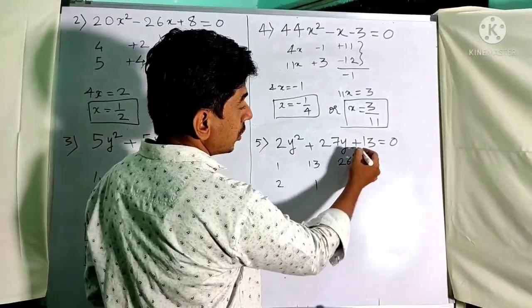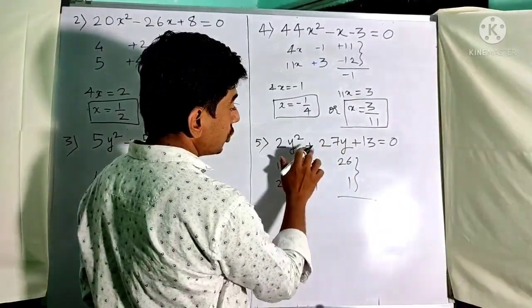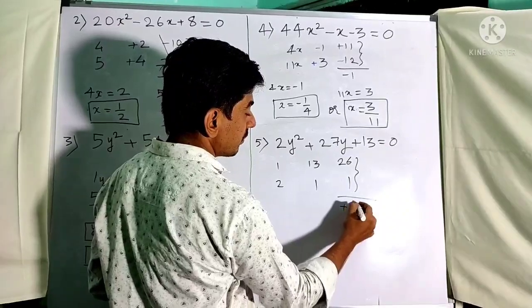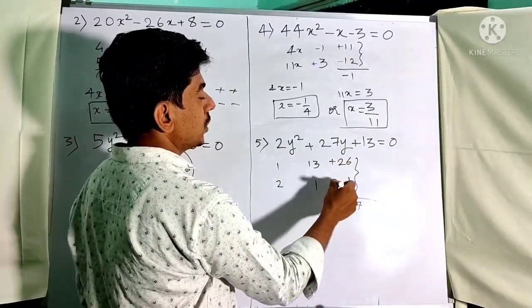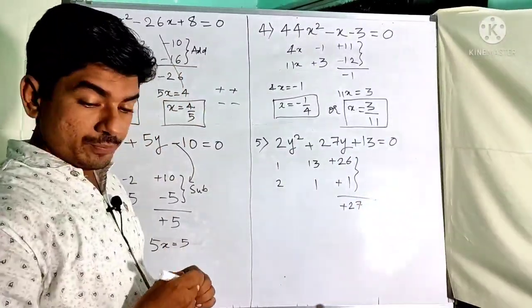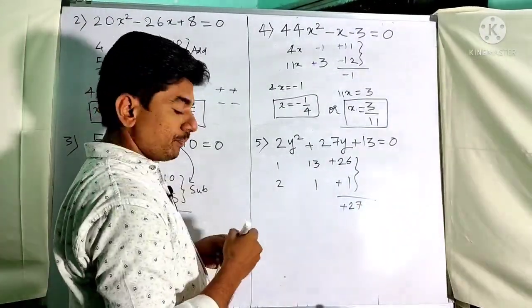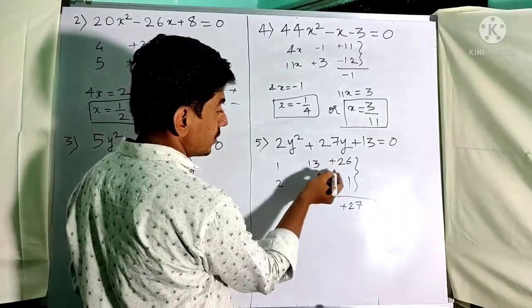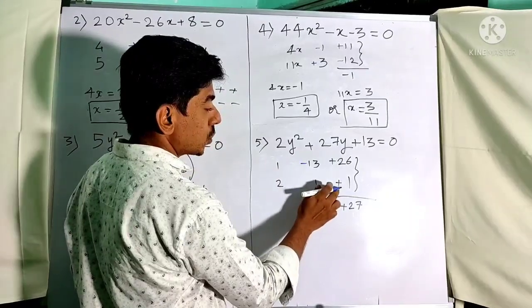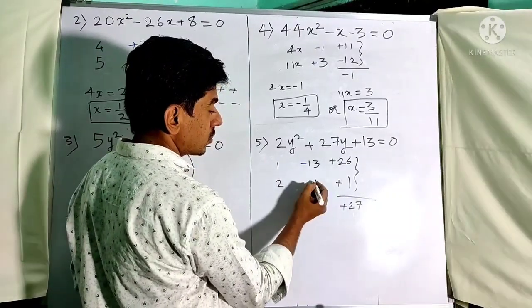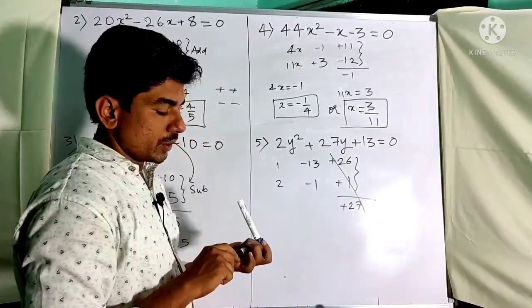What you have to do here, you are going to add because here the c is positive. What you need here is plus 27. To get the plus sign, we have to give plus sign to both the terms. But to get the answers, you are going to change them to the opposite signs. Here it is plus sign, so I am writing here minus. Here 2 it is plus sign, so I am taking minus here, and you don't need this further.